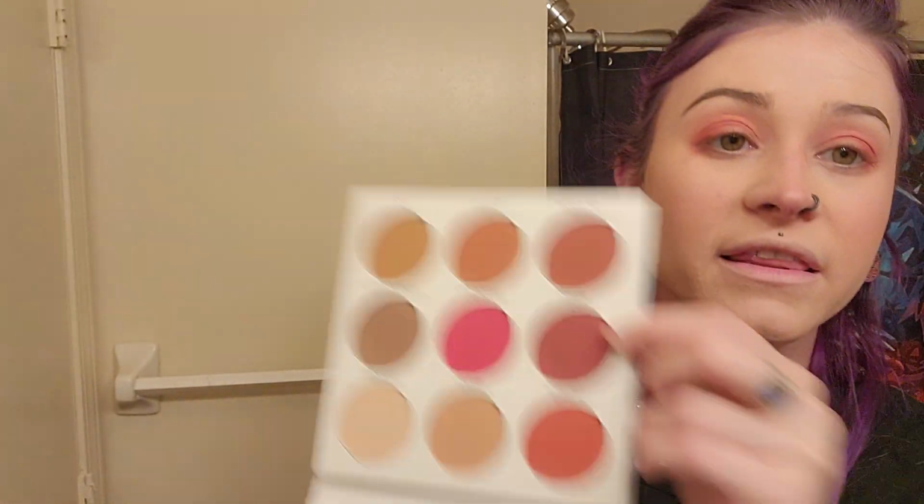I think I like this for my lid. This reddish, maroony, orange, or bright copper. Fuck it, send it. I'm just gonna put that on my finger, all over my lid space. And actually, I think that's very pretty. They're very creamy, but they don't pick up super well on the finger. But a lot of things are not made to use your fingers with. You know what I'm saying? So, I mean,